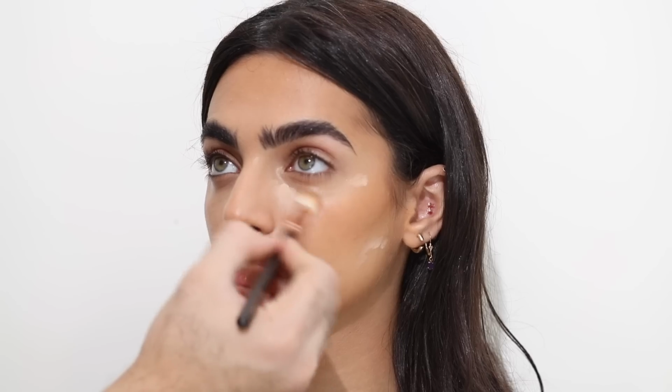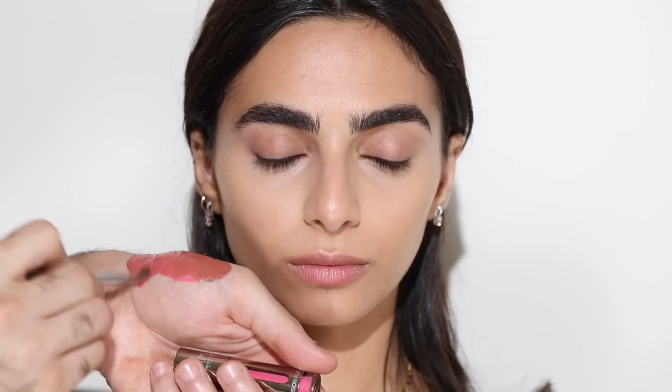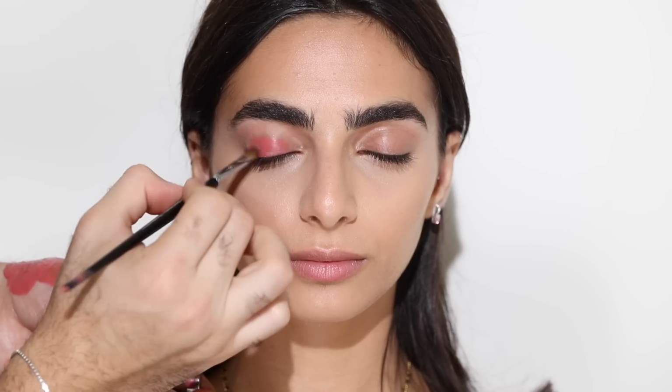Moving on to eyes, I'm going to be taking the NARS Pro Prime Smudge Proof Eyeshadow Base in the shade Dark. This is one of my favorites. I love using this dark shade to really contour the eyes and to add more warmth. But I'm also going to be mixing it with the Danessa Myricks Vision Flush in the shade Tutu, which is a hot pink. Because I want to create that nice, rich, rosy shade for the Orgasm products to go on